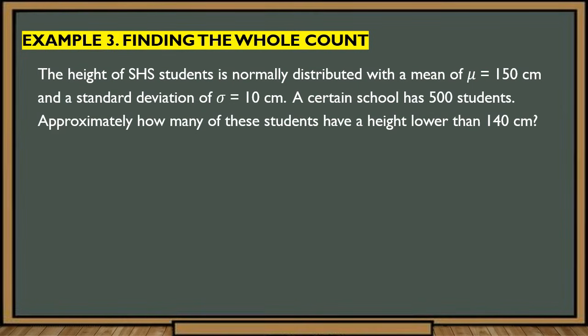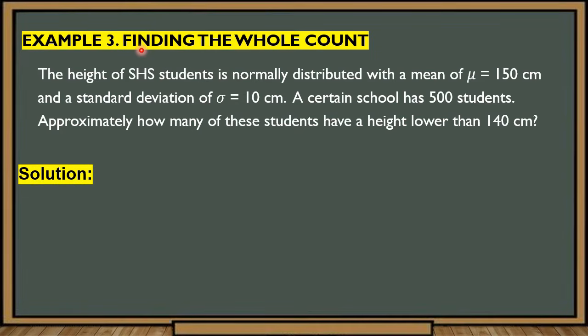So we have example number 3, finding the whole count. So still we have the same situation where the mean is 150 centimeters and the standard deviation is 10 centimeters. But this time, we have a given number of students. So there are 500 students in the distribution. So approximately, how many of these students have a height lower than 140 centimeters? Ilan kaya sa 500 na students ang may taas na lower than 140 or mababa sa 140 centimeters? So, ibig sabihin yung values, yung height nila may values na 139